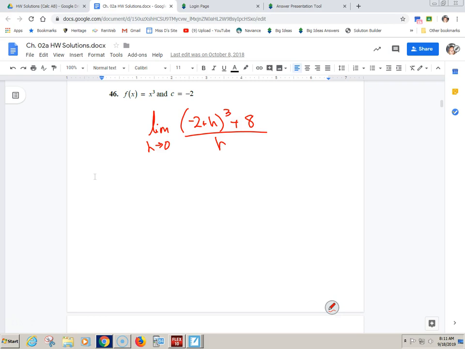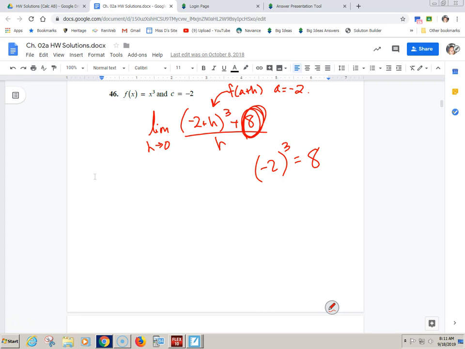Where did I tell you to look for f of x? Right here. So then we have to come back and say, okay, help. Do you guys see your a plus h being plugged into a function? Yeah. Your a is equal to negative 2. So we could have figured that out. We could have also said, okay, hold on, 8 is negative 2 something. Oh, it's negative 2 cubed. Oh, I get it. What was the function negative 2 was plugged into?